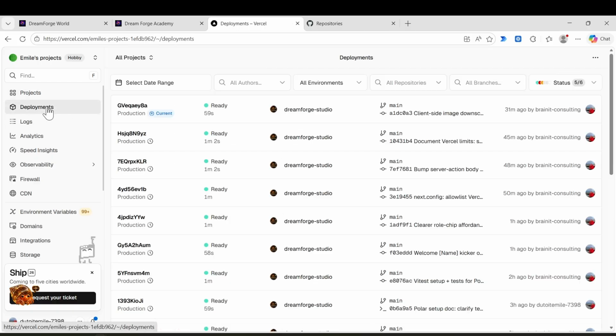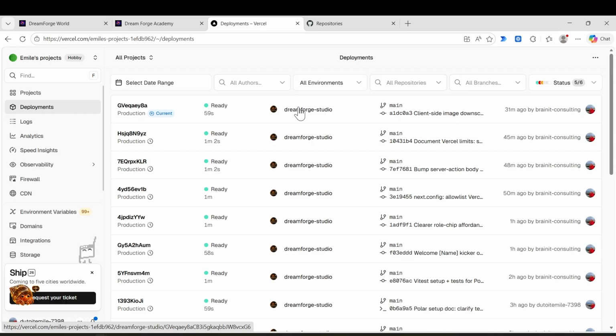And then later on, you will look at your deployments. So in this screenshot that you're seeing right now, green is good, yellow is busy, red is bad. That's all you need to know for now. And the current one indicates which is the one that is visited by the public at this moment. If something goes wrong, you can go and set this one to the one that they should visit, for example.